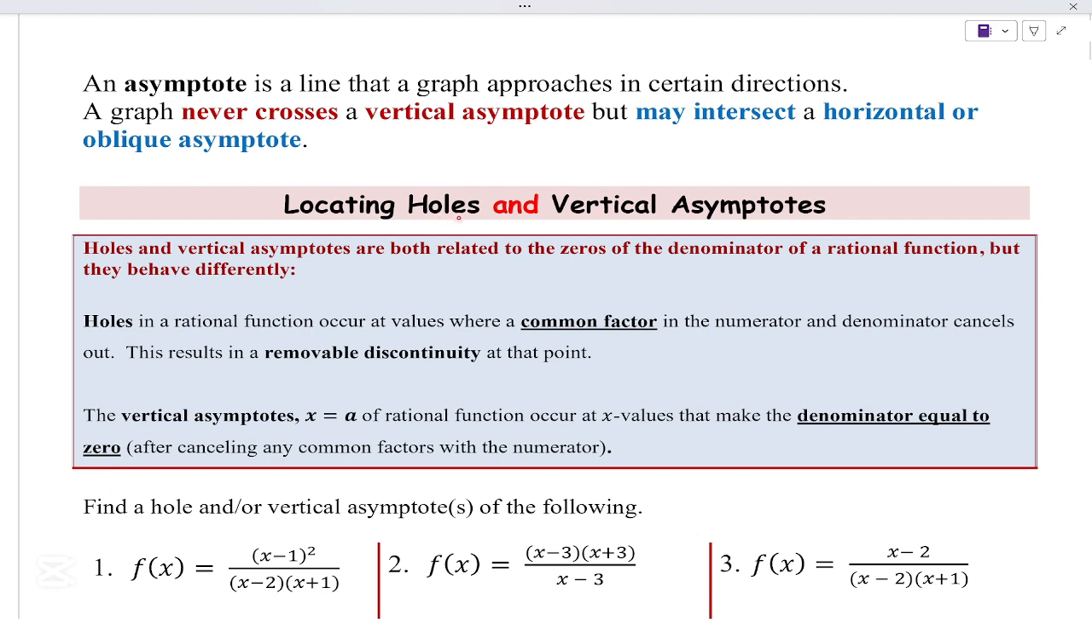So let's locate holes and vertical asymptotes. Holes and vertical asymptotes are both related to the zeros of the denominator of a rational function, but they behave differently. When you say zeros of the denominator, these are the x values that make the denominator equal to 0. Like in this x minus 3, the zero here is 3. In x minus 2 and x plus 1,